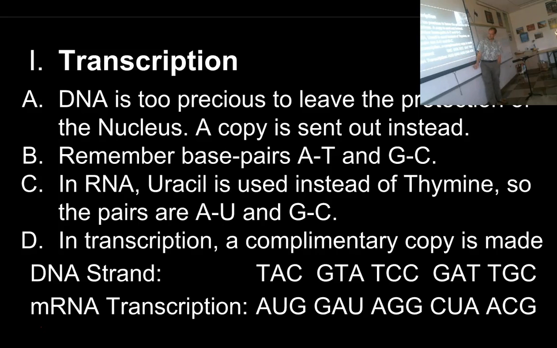Oh, look at that, there's a mistake. G's and G's, it would not be GG. It would be GC, I'm sorry, there's an error here. CAU. And then TCC would become AGG, and GAT would become CUA. And again, the U is here because there would be an A and a T, but I'm writing a messenger RNA, which doesn't have thymine, it has uracil. And then TGC would be ACG. Okay, sorry about that typo, I'll fix that. So it should be CAU, not GAU.